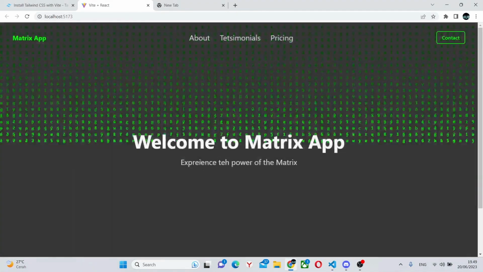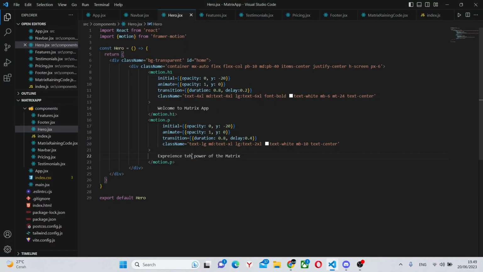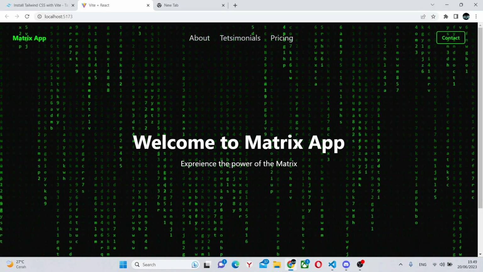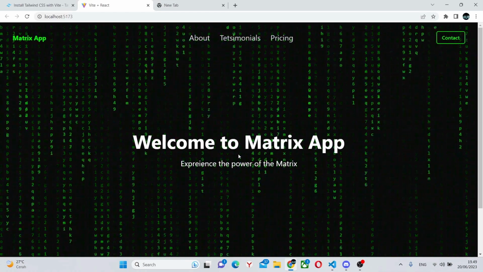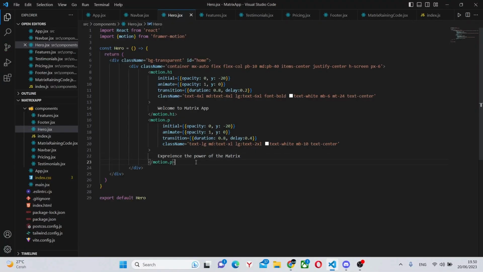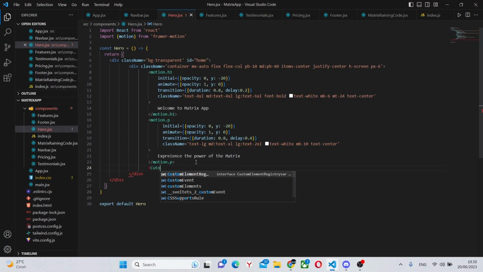We will also have a button under it. But as we're going to be using this button in lots of places, we're going to make it a separate component, a custom button. So we can go back here and add our custom button. It is going to have a text of get started and a link of features.